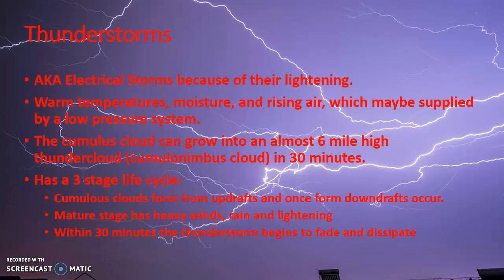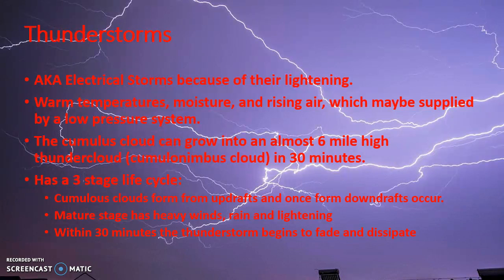The cumulus cloud that is forming when there's a thunderstorm can grow into an almost 6 mile high thundercloud, which we call a cumulonimbus cloud, in just 30 minutes. So when you think about that, 6 miles high, 30 minutes, that's a very short period of time for something that becomes so massive. A thunderstorm has a three-stage life cycle, and those cumulus clouds will form from updrafts, which